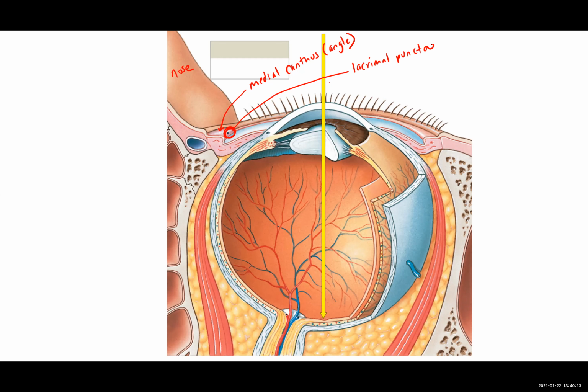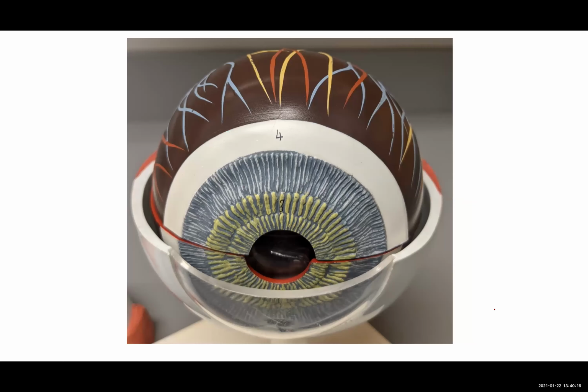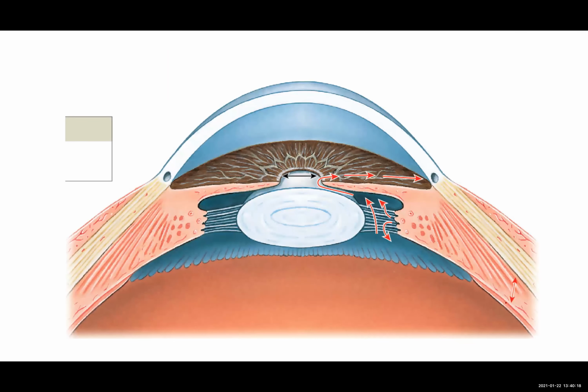And from here, I want to just take a look a little bit more closely at this particular diagram. I think I can change my color. So here we can see the cornea really nice. We can see the lens. We can see the iris here. Remember when we are talking about